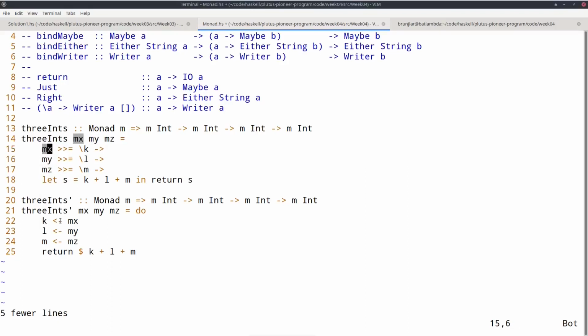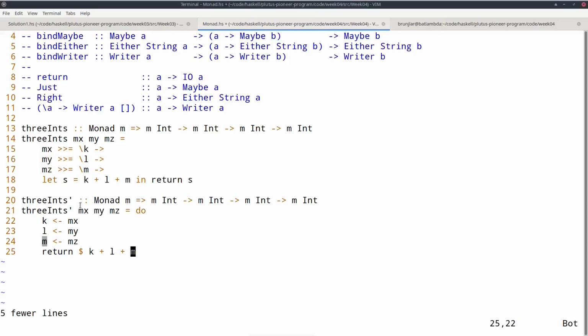So whenever we want to bind and use the result, give a name to the result, we write it like this. The computation is on the right of this arrow, from the right to the left, and on the left is the name that we give to the result of this computation. And then we don't have to explicitly use the bind operator. We can just write a new line. And now in the following lines, the K and the L and the M will be available, so I can use it here for the return.